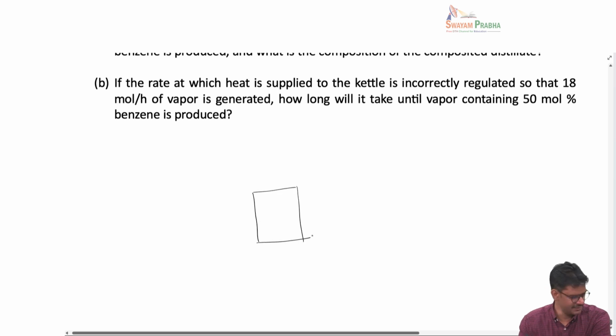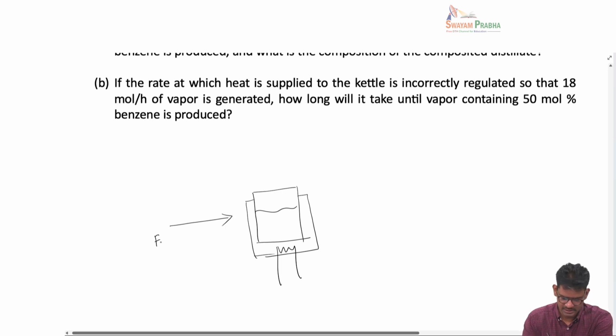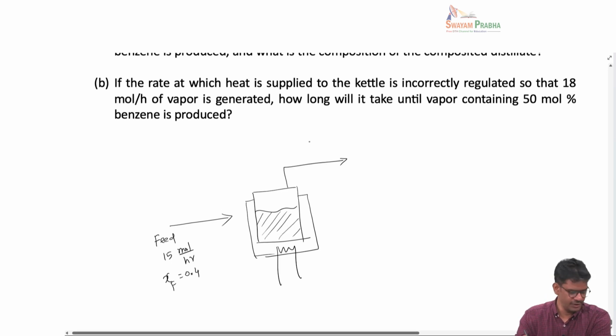Okay, so this is my kettle, and this has a kind of a heating jacket where heat is supplied and feed is constantly sent. This is 15 moles per hour with a composition XF equal to 0.4. And the vapor is flowing at 15 moles per hour with some composition Y, which is changing with respect to